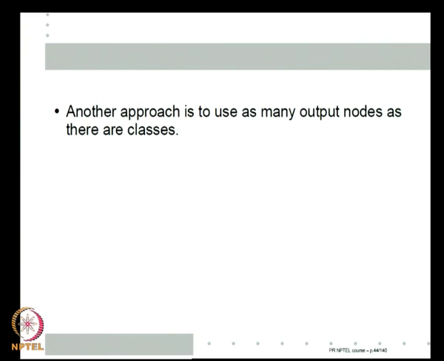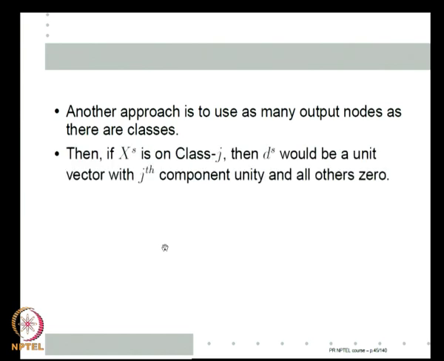Here is another approach. Now, my input layer will have as many nodes as the feature vector dimension, and the output layer will have as many nodes as there are classes. If I am considering a k class problem, I will have k output nodes. If I have k output nodes, that means my desired output, when I give my training examples, should be k dimensional vectors, right. So, how do I give my desired output?